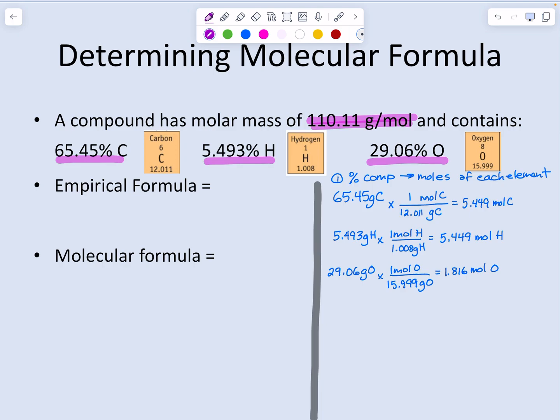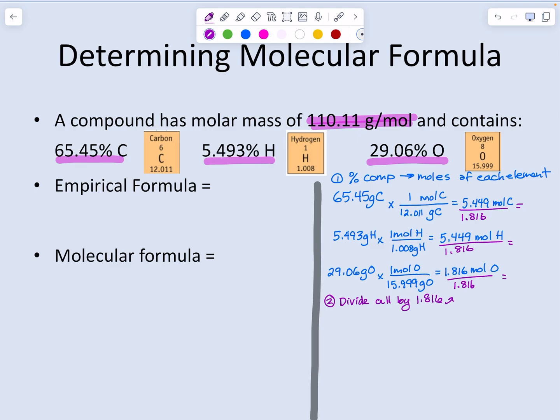Okay, so step 2 is going to be divide all by 1.816 because that's the smallest number here. Actually, I'm going to erase the moles there. 1.816. So this is going to give us, hopefully,